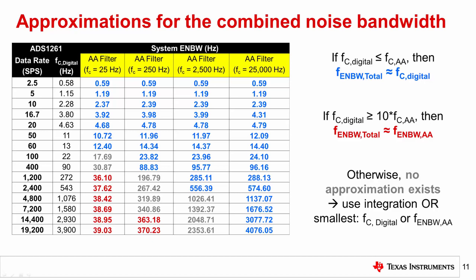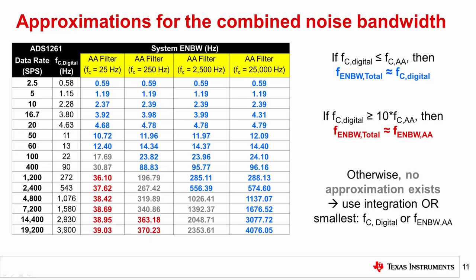It should be noted that while the digital and anti-aliasing filter cutoff frequency pairs in this table were chosen to help verify the approximations, they are not necessarily useful in a real circuit. In reality, designers generally choose the anti-aliasing filter cutoff to be higher than the digital filter cutoff due to the analog filter settling time. You do not want the ADC to sample an unsettled signal, so choosing a higher frequency cutoff helps ensure the analog filter settles before the ADC is ready to take the next sample.